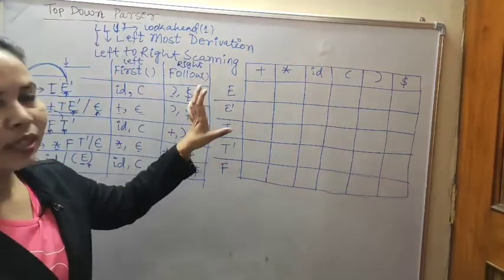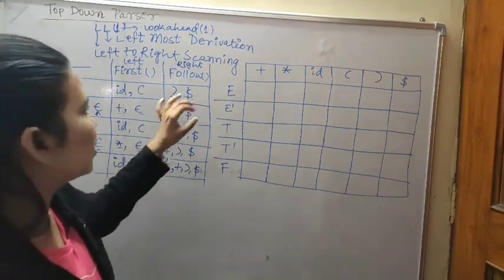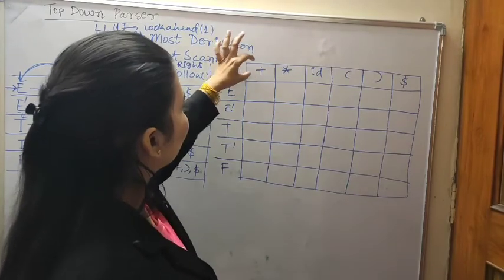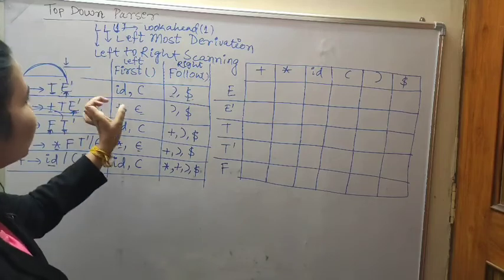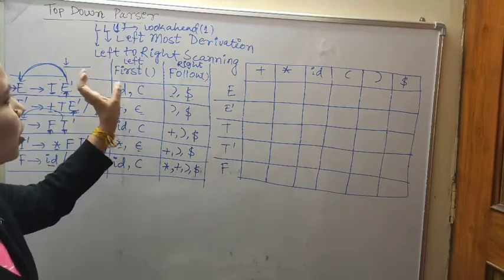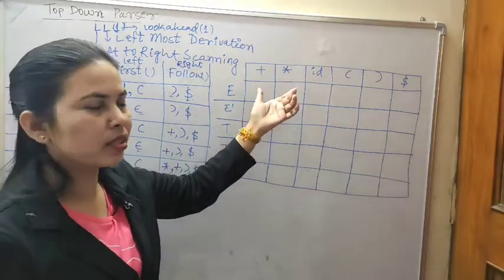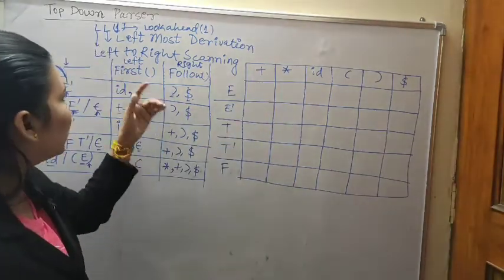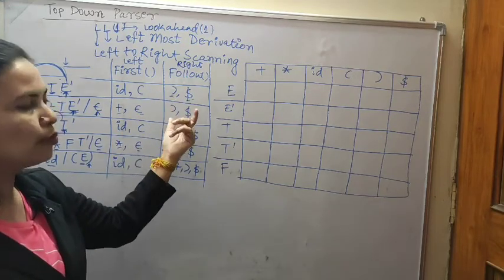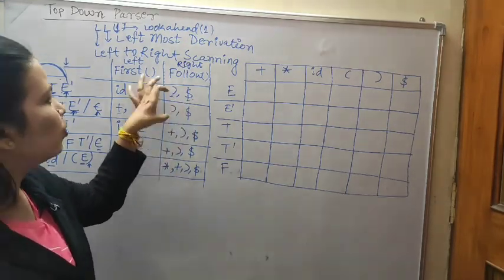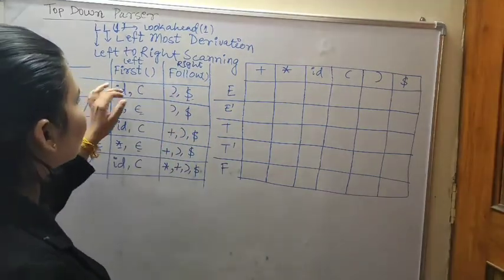So this is the LL1 parser table. Now we will fill it. How will we write it? E is given, so we will check for E. Always remember that we first look at the first of that non-terminal variable whenever we are writing in the parser table. If epsilon is in the first function, then we go to the follow function. Otherwise, we will not use the follow function in the parser table. We will see, then you will understand.